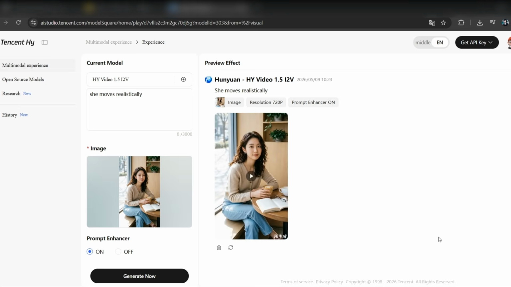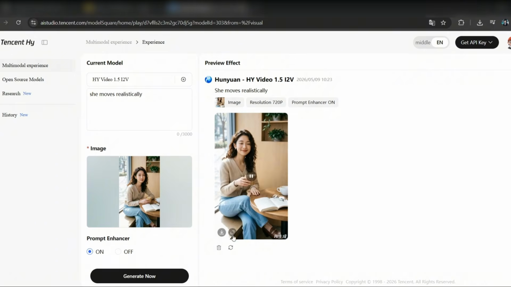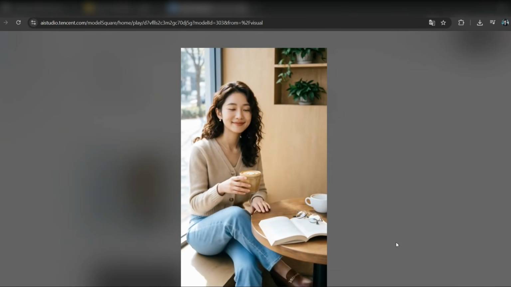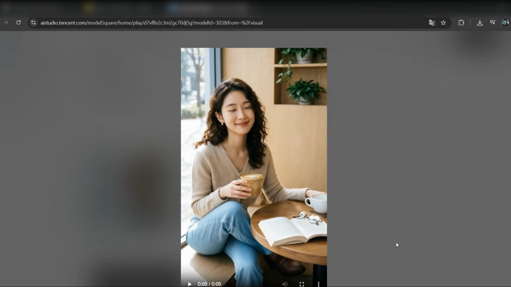And in no time, we have this beautiful video right here. And honestly, this did a really good job. No morphing, no distortion,